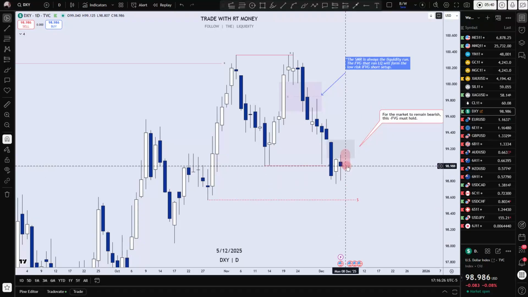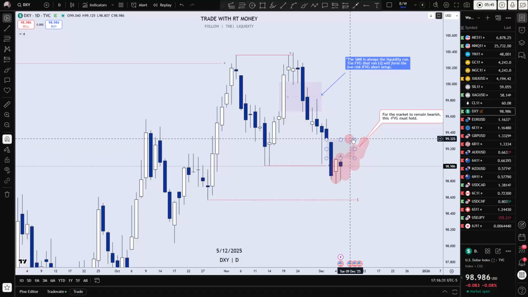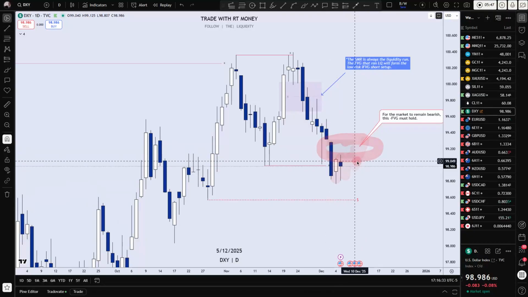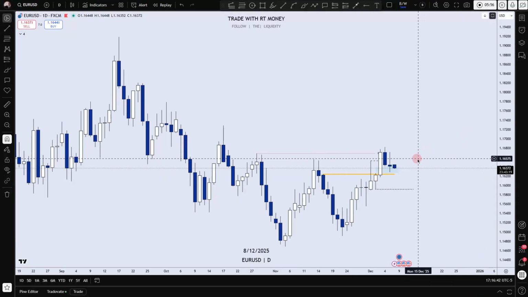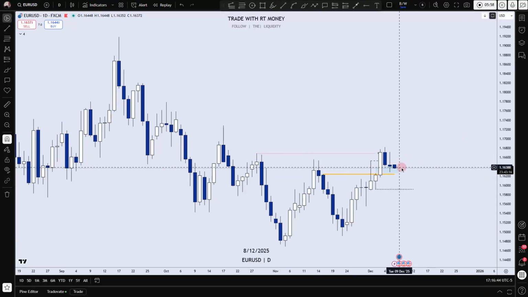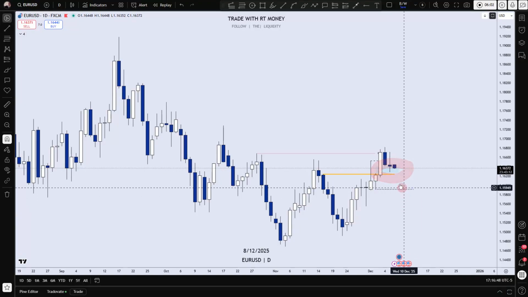We may see some consolidation here, and the fair value gap here hold and send price down lower. A weakened U.S. dollar index, a weakened U.S. dollar. All right, now coming back to the euro, that would mean we're right at the same point conversely, and